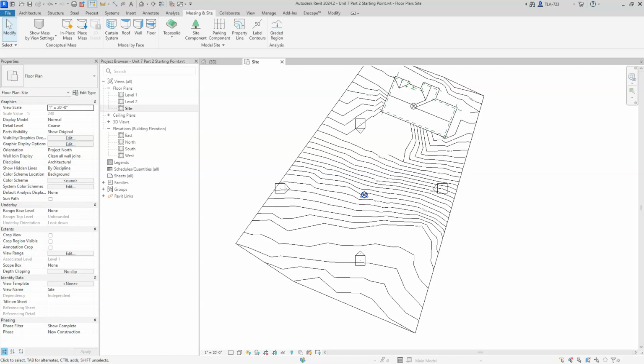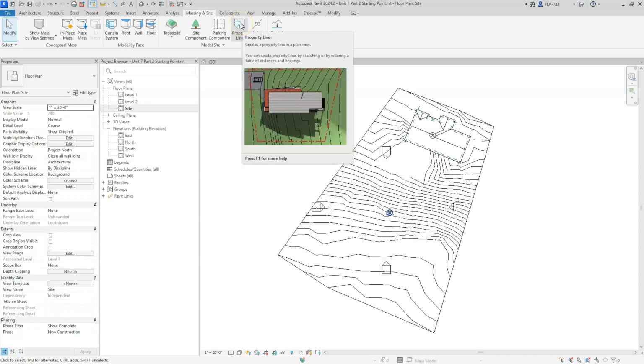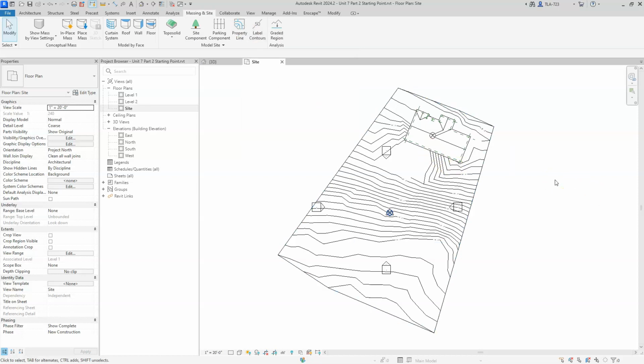Let's go ahead and talk about property lines next. Property lines are also part of the main ribbon on the Massing and Site tab. And the way property lines work is you just basically have to enclose a boundary. Now, a property boundary is something that's pretty darn specific. I think we all understand that by now. The exact location of the corners of a property are so well documented in a legal document that when you